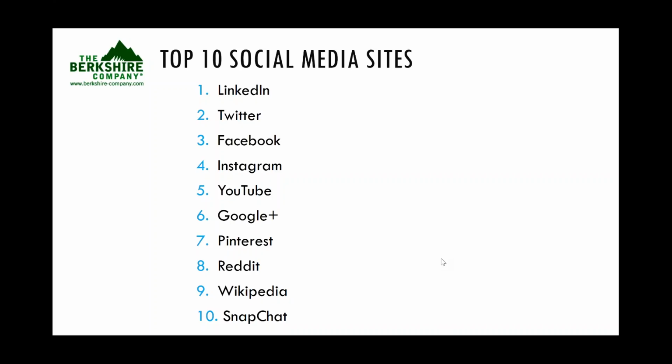Instagram, this is a great connection between the camera feature on your smartphone and then all your social media profiles. It can be set up to link right with Twitter and Facebook. YouTube is a video sharing service, but you know, it's also become the second most popular search engine. So there's literally billions of videos on there. So that's another way to share information and to start conversations through the comment section.